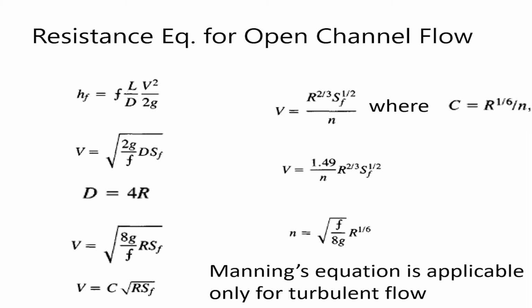Okay. So later on, there is another scientist, Manning. He has proposed another equation for open channel flow, that is V is equal to R power 2 by 3, S power half, divided by N, where N is called Manning's roughness coefficient. Okay. So this N represents the surface roughness effects. So from this Chezy equation, he derived this Manning's equation, by taking C is equal to R power 1 by 6 divided by N. So when we apply C is equal to R power 1 by 6 by N here, then we will get V is equal to this equation.